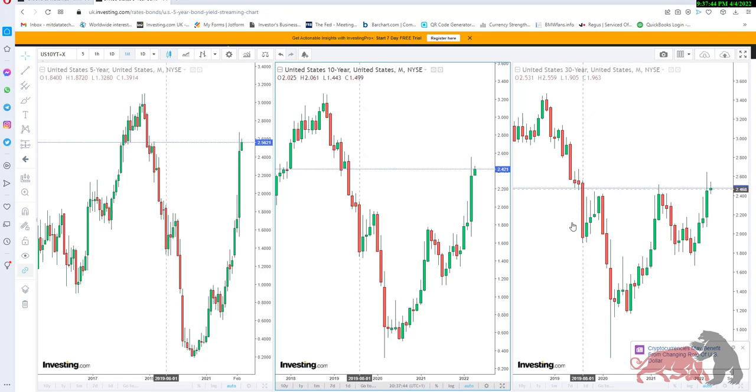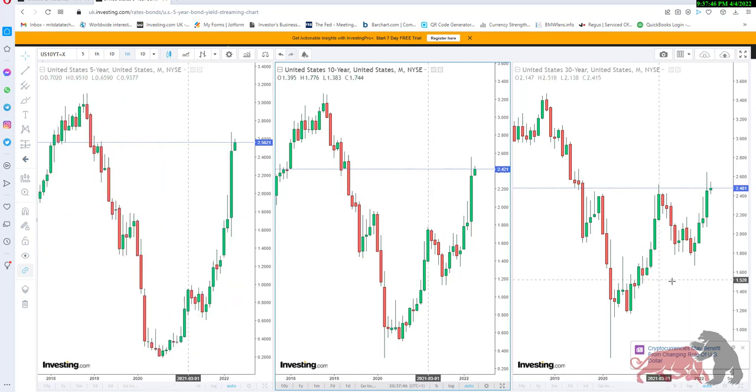Now, when we look at this, we've already discussed this in class. In December, the 30-year created a new low. There was divergence between the three interest rate markets. In December, the 30-year yield created a new low. There was divergence there, accumulation for this long push. Then on the other two, we only saw reaccumulation. The other two did not create a new low. That was clear smart money divergence for long entries into the interest rate market.